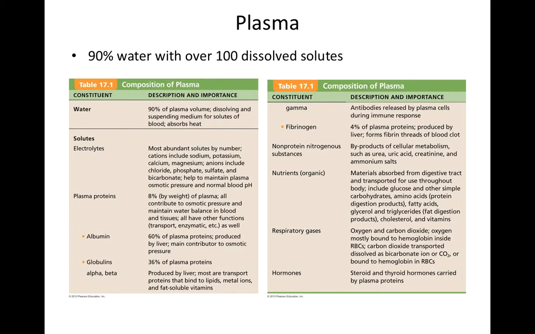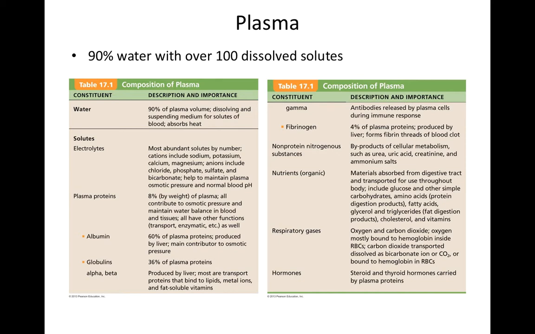So, all right, coming back into our plasma proteins here. That was a little side note. Second type of plasma protein is going to be a category called your globulins. These are going to make up about 36 or so % of the plasma proteins. Most of them, the alpha and beta globulins, are also produced by the liver, and they are generally going to function